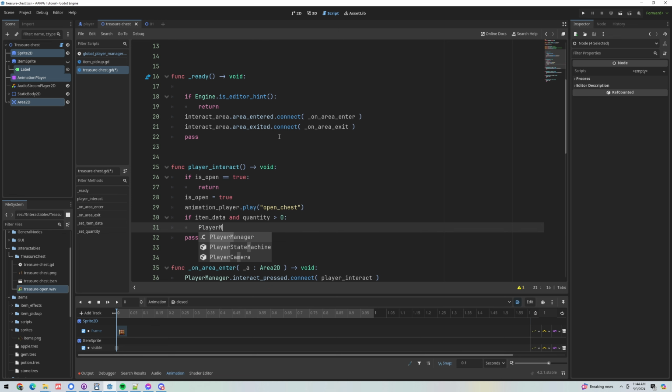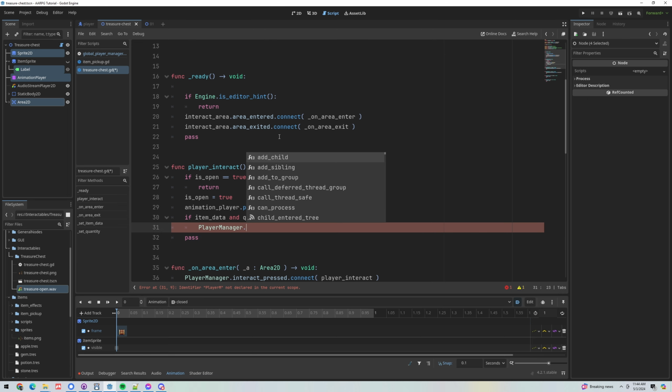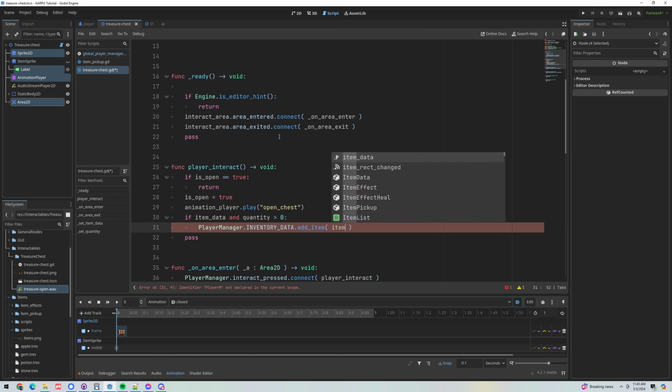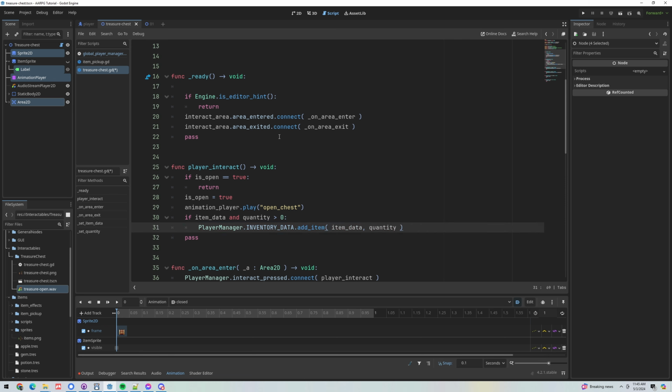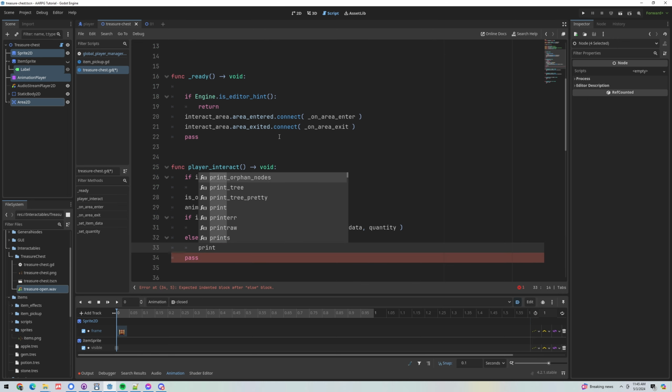If that is true though, if we've got it, then let's go to our player manager and grab our inventory data, which is in there, and call the add item function. And we just need to pass in the item data and the quantity that we're adding, right? Easy peasy. So that should just work with the existing inventory scripts we've built. If it doesn't pass that, then I'm going to actually show you 2 different ways that you can print an